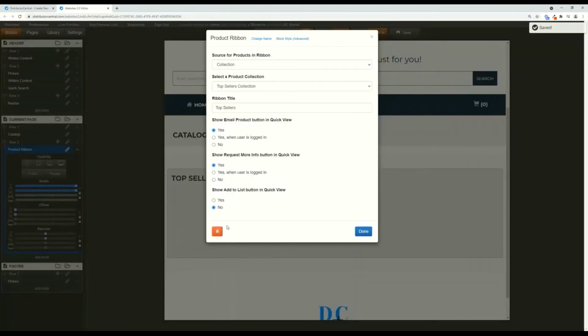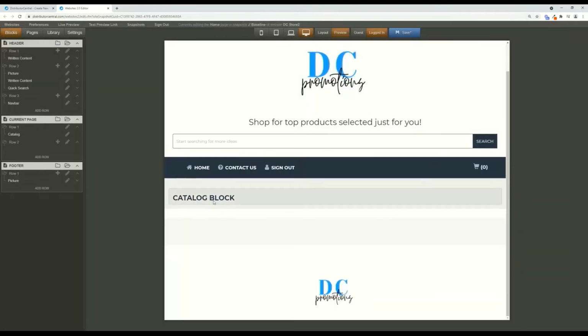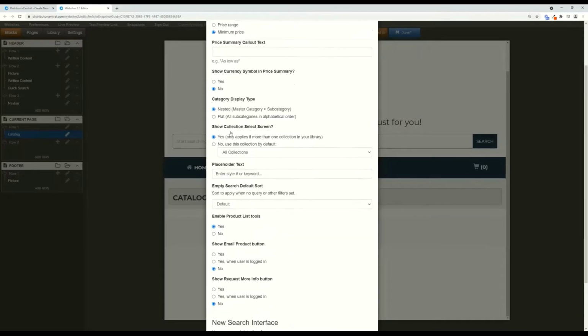And then what we want to do is we don't want the top sellers because we're just going to do the virtual designer. So we'll take out the top seller block, just double click on it, and then click the trash can, which deletes it. Double click on the catalog block. The virtual designer